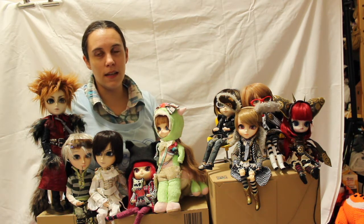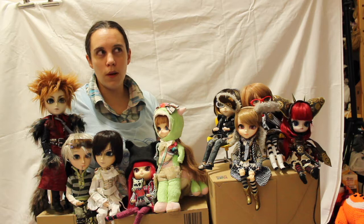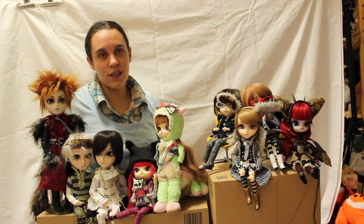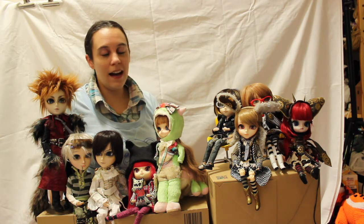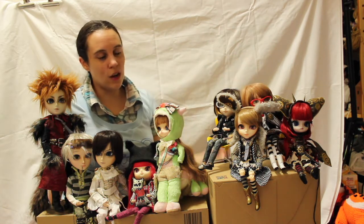Maybe you have seen in one of my Pullip reviews, probably the one where they are at the museum, you can see those two together and they have very different personalities. But yeah, I kind of like my Mao guys. And of course my little rabbit